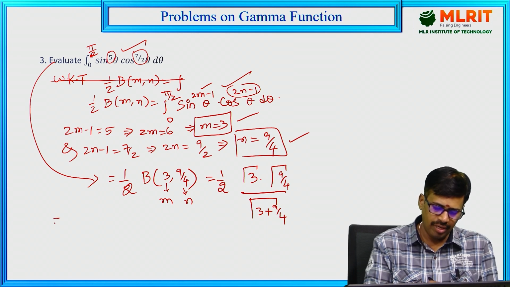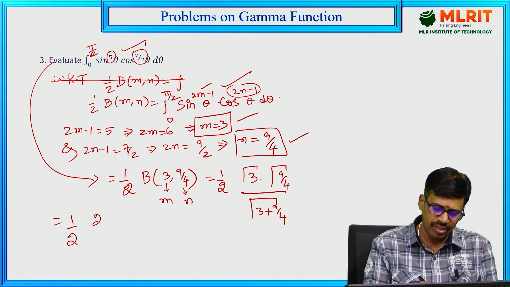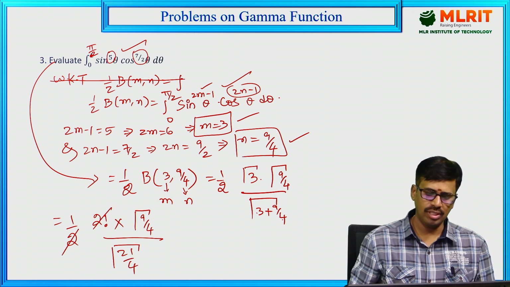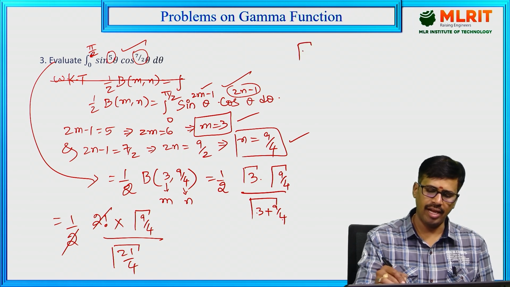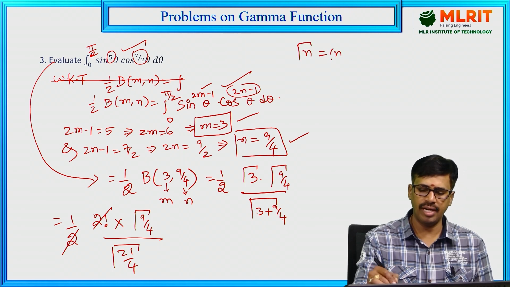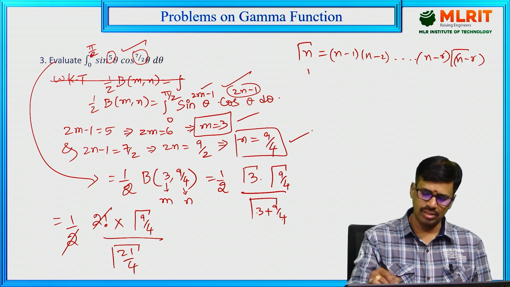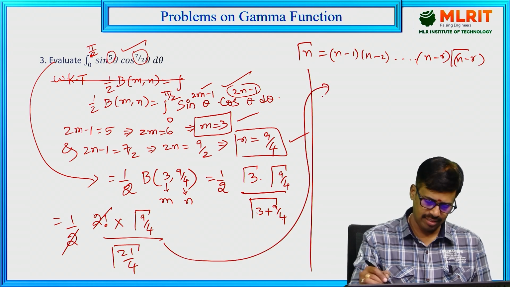So this can be written as 1 by 2 into gamma 3, which is 2 factorial, into gamma 9 by 4 by gamma 4 3, which is 12 plus 9, 21 by 4. 2 factorial cancels. So using the result, gamma n, if n is a positive fraction, can be written as (n minus 1)(n minus 2) and so on, (n minus r) into gamma (n minus r). So this can be expressed as